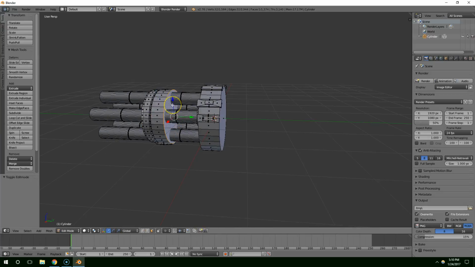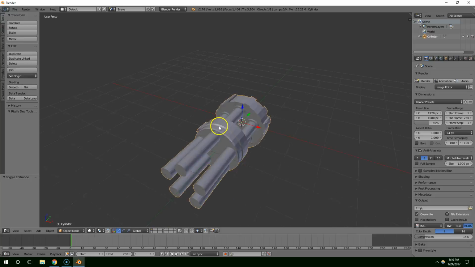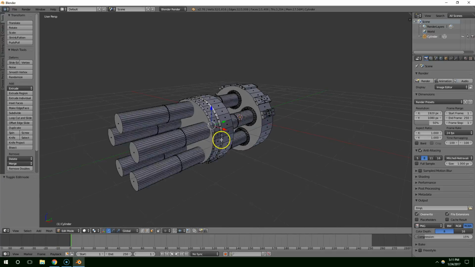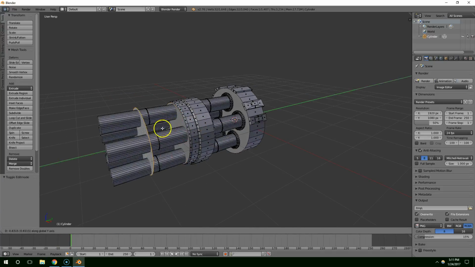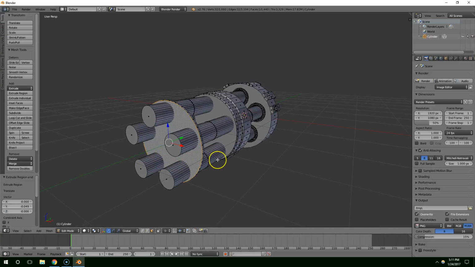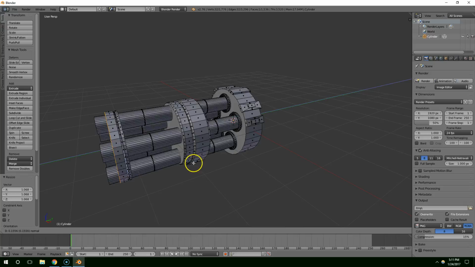I'm going to select this face, extrude out, and scale in. And then I'm going to go back into edit mode, take this face, Shift D, middle click to lock it to the axis, pull it to about here, extrude, extrude again, scale in, extrude out, scale out, extrude,